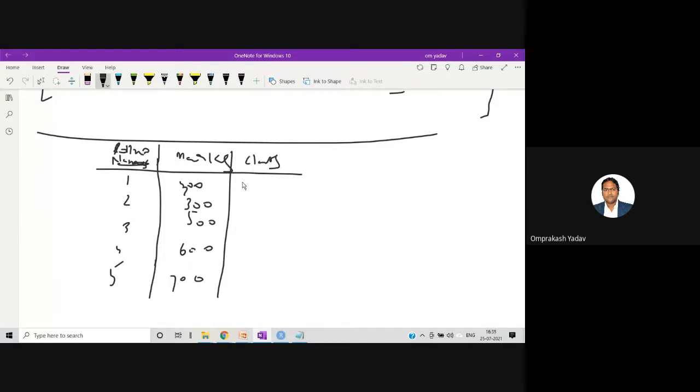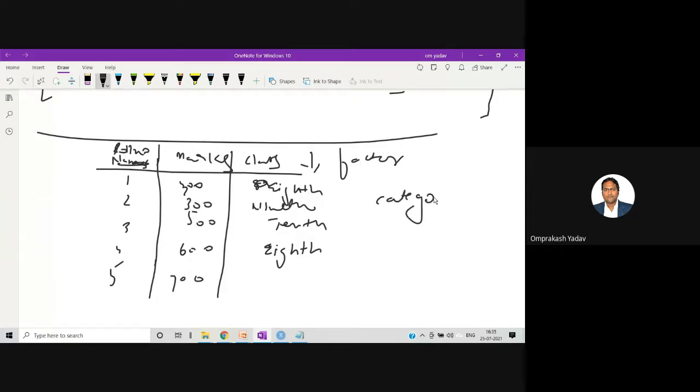So class I'll take, let's say 8th standard, right? So I'll write like 8, the 9th, right? 10th, then again 8th. So this is my string column, this is my character column, and this column I can consider as a factor column or categorical column, because there are 3 different categories. One is the 8th, second is 9th, and the third is 10th. So this data is describing 3 categories, that is 8th, 9th, and 10th.